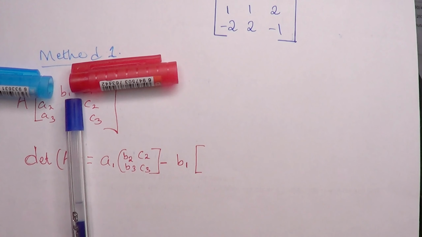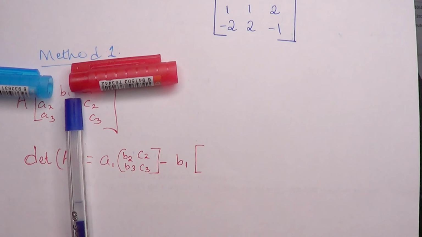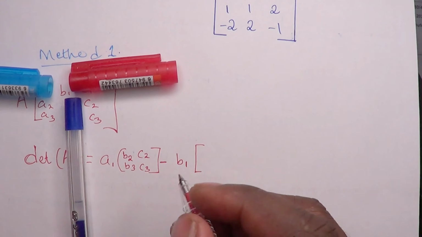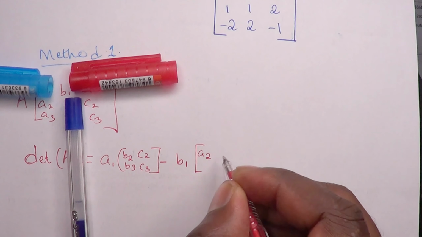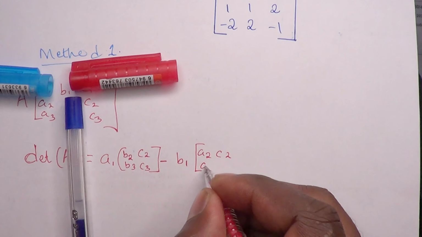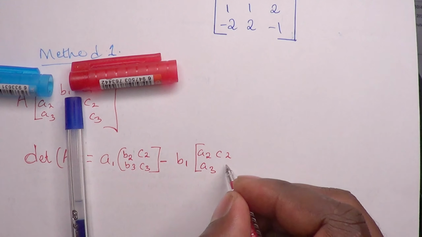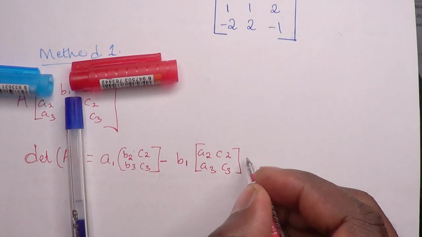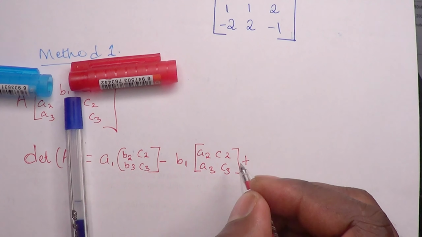Now we remain with A2, C2, A3, C3. Then we add with